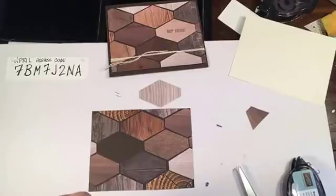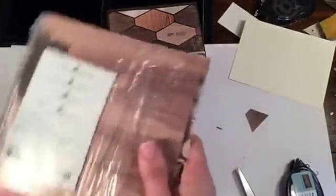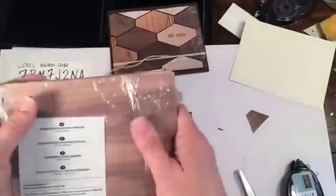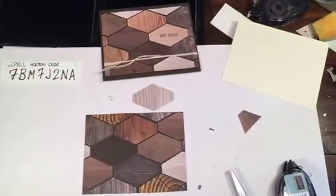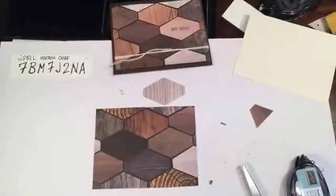And I have a whole entire another pack of this paper because I love it so much. I was worried a while back that they would decide not to carry it over, but luckily the wood textures is carrying over. So then everything is right back in here again. So I just keep it all together. That way I can use it for scraps and whatnot. Okay, so